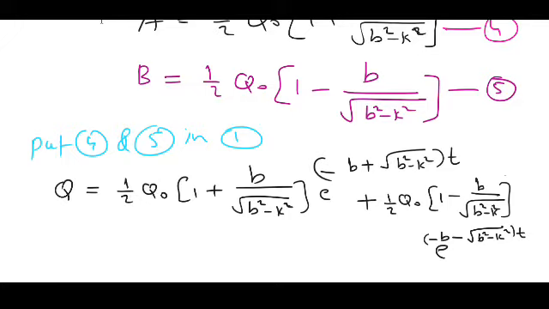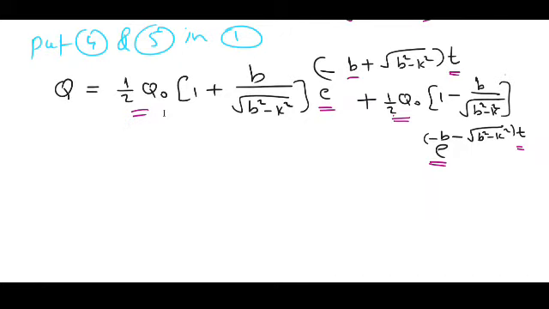Here you have an e power minus bt term, here also you have e power minus bt. That I take outside, and I will use half q0 also. I take these terms outside, then q can be written as